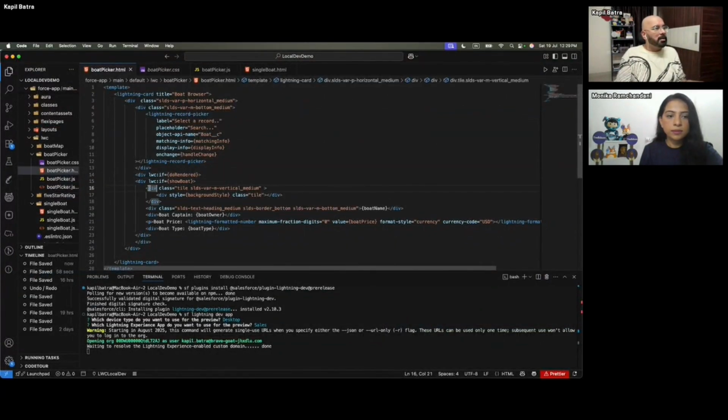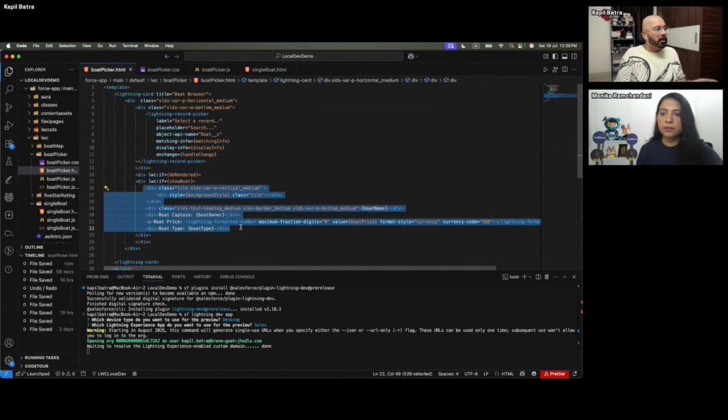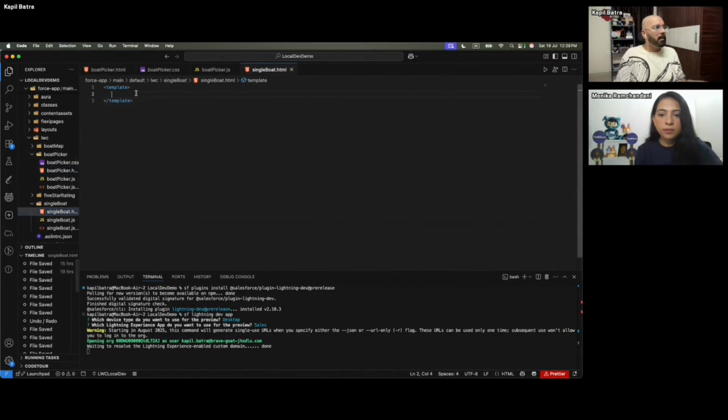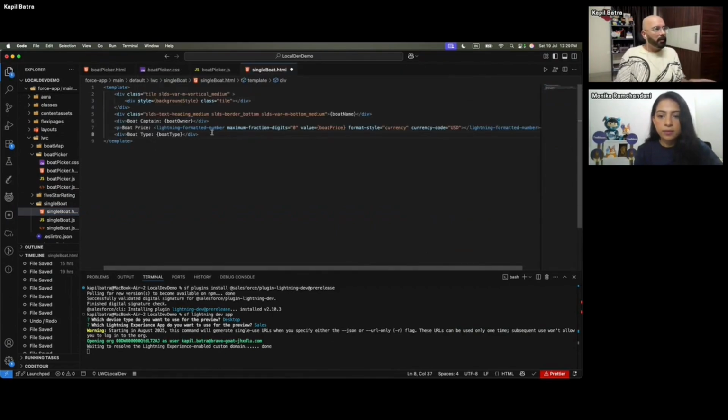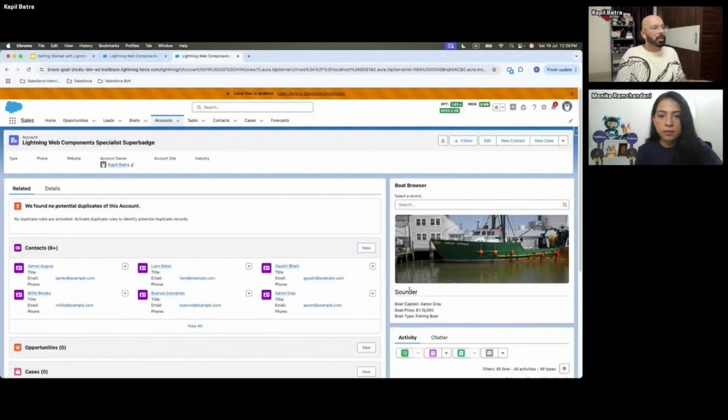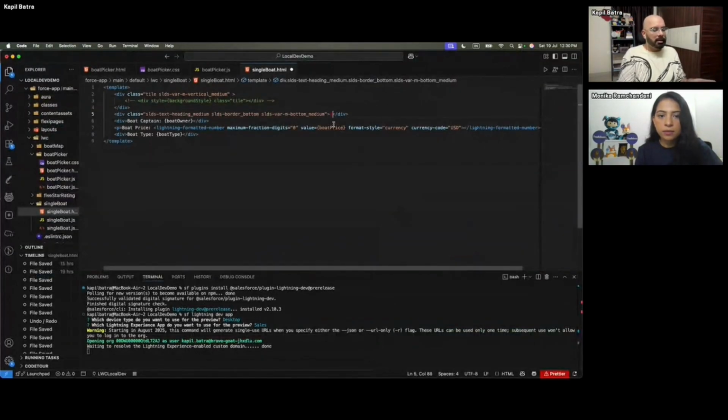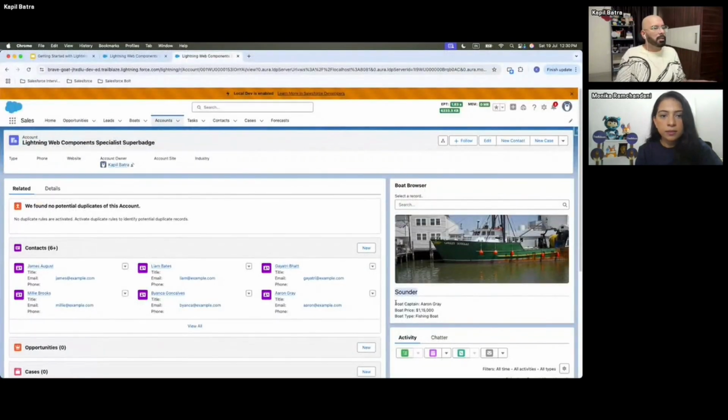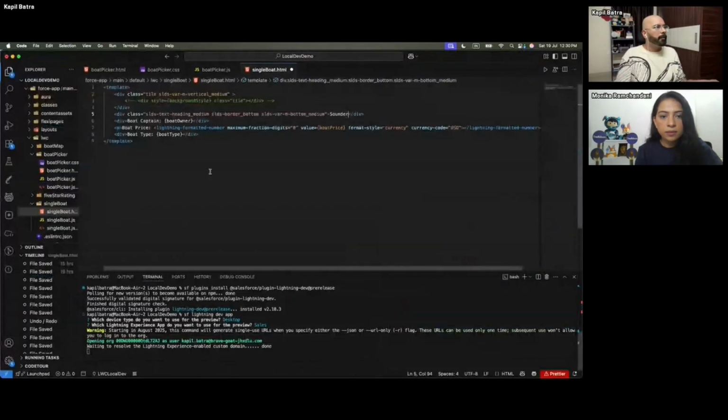So this div is responsible to display the image. So I'll just copy it from here and paste it here. Okay. Now, so this is the image. Let me comment it for now. We don't have the dynamic attributes linked to it. For boat name, I will just copy the boat name. Let's say sounder, boat captain. I'm just copying all this stuff because it is going to display the static data,